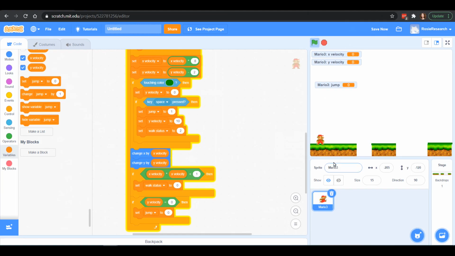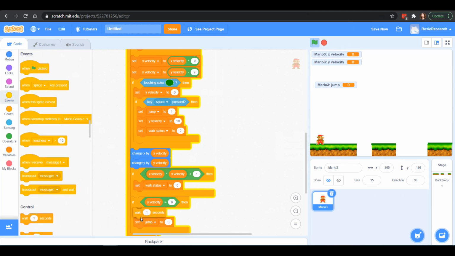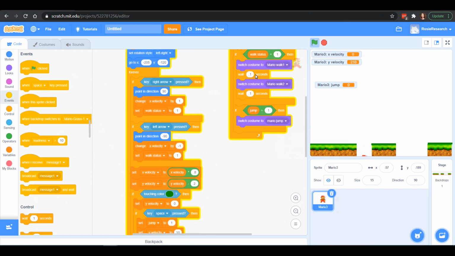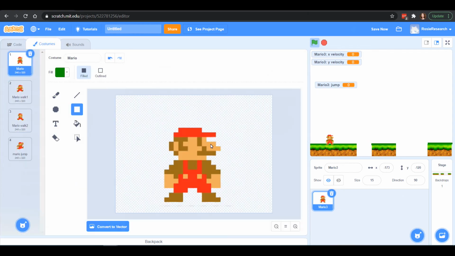Now he's got it. Maybe we want it to wait a little bit longer, so maybe we add in a wait here. Maybe we put a 0.1, and maybe that lets him jump a little longer. Although I don't think that wait is necessary. I think we can just keep it as is. And now we have our little walking Mario, our jumping Mario, and our Mario will fall here. You can change how quickly Mario walks by changing these variables up here, and maybe you find something that you really like. You can also change what Mario looks like as he walks in these costumes right here.